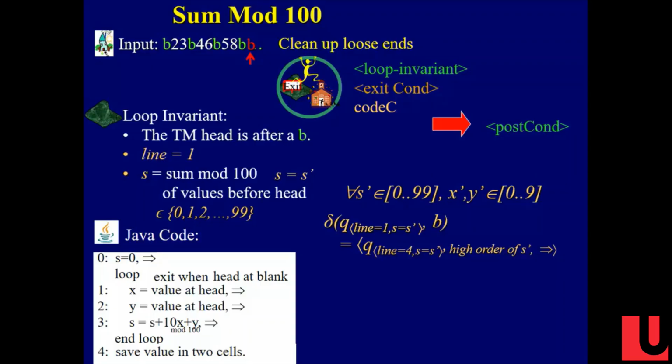Yeah, or you could write S prime divided by 10 rounded down. You could write that. You write something. And again, this is meta, right? But I'm writing some character. So we know that we're going to go to line 4 when instead of reading an X in line 1, we see a blank. You go to line 4, and what do you write on that blank? You write the high order digit of